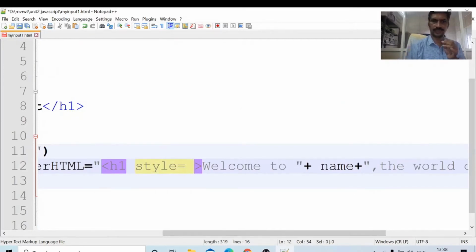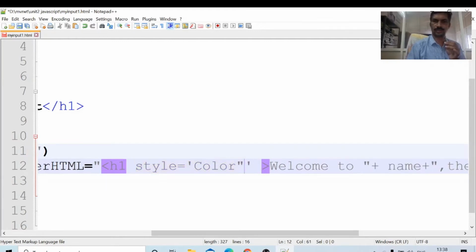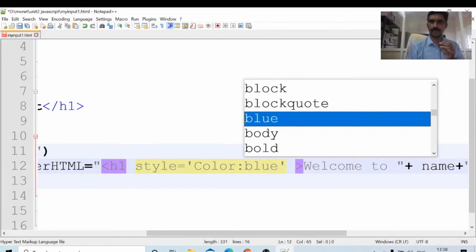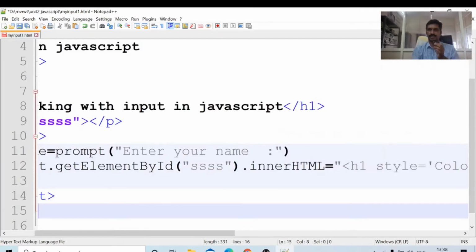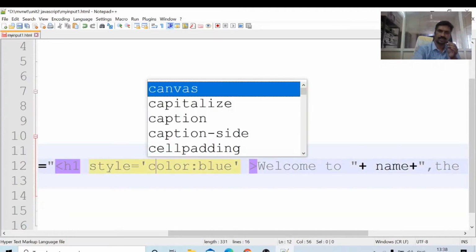Style equal to, within the single quotes you write color blue. H1 style color is blue. Okay, save. Small c, color blue.